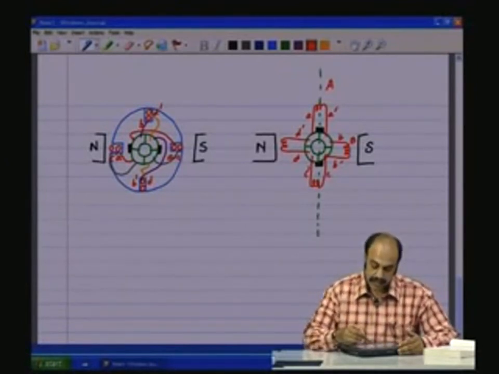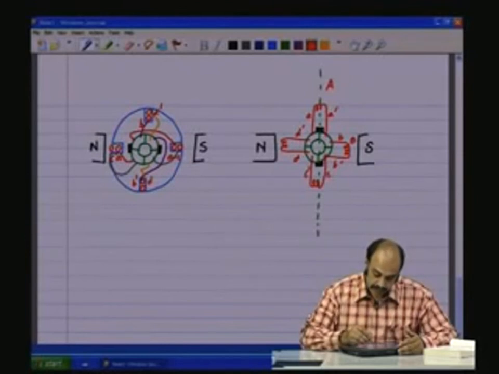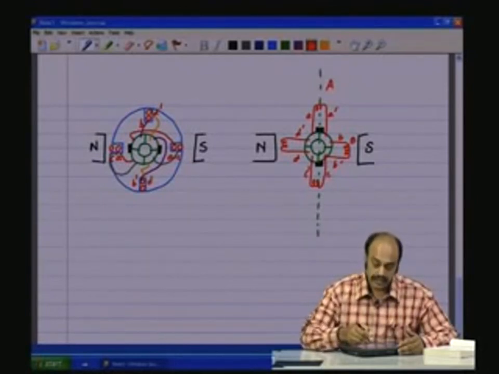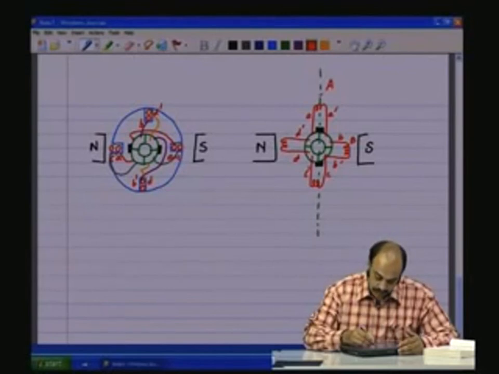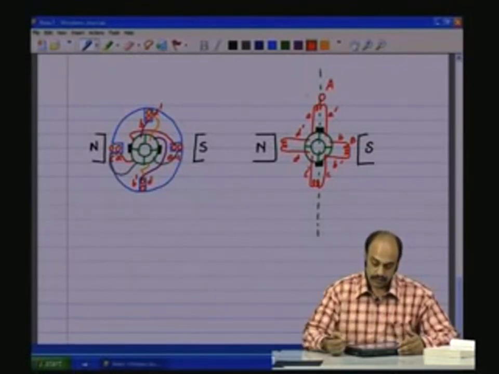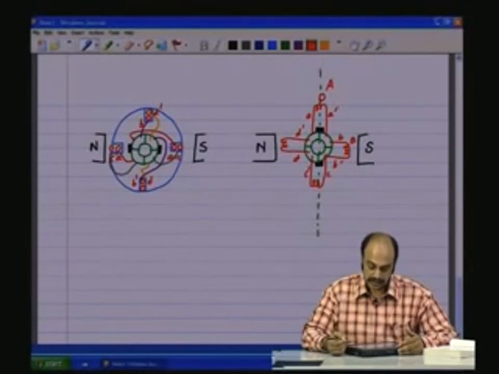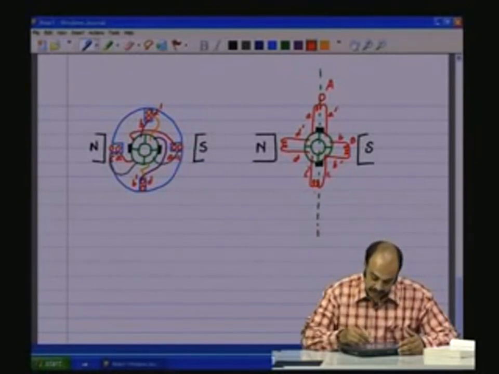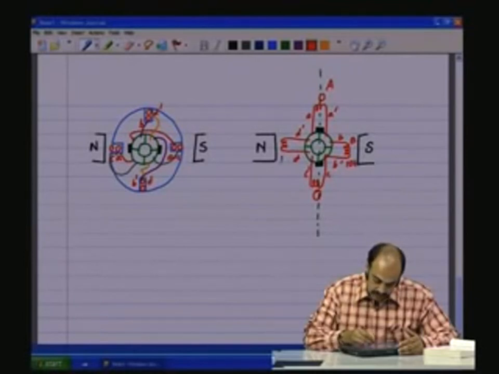See that A and C coil will be 180 degrees out of phase, B and D coil will be 180 degrees out of phase. The reason we want to connect the brush here is that there is no induced voltage on this line. At an instant when the coils are positioned like this, where A is in the orthogonal plane to the north-south plane, there is no induced voltage here nor here. There will be maximum induced voltage on B and D, let us say on B you have 10 volts and D also you have 10 volts.